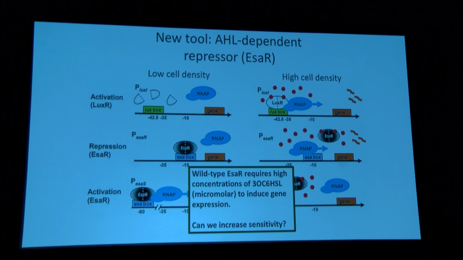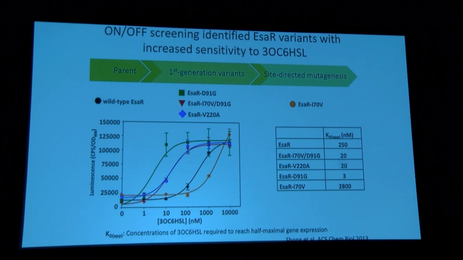And we also, like most synthetic biologists, want to have a lot of tools in our toolbox. And so to do this, we used a directed evolution approach to make essentially a set of ESA-R variants. And so we used a dual on and off screening system, where essentially we made a large library using error-prone PCR, kind of a traditional approach, and screened that library for essentially the ability to repress gene expression. We used a luciferase reporter, so any dark colonies we picked. And that was to make sure that our pool of proteins were all functional proteins.